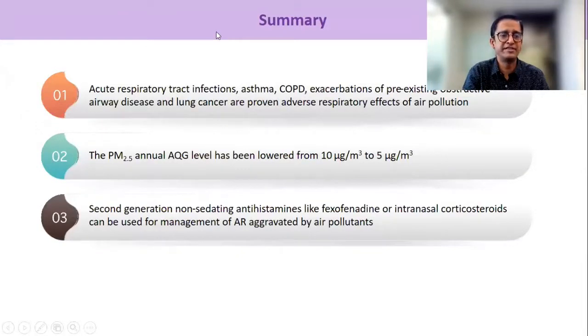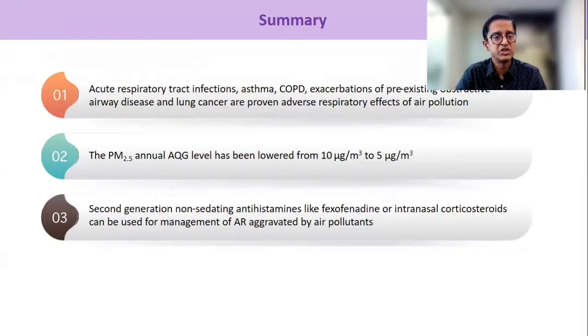So I'll finish off and say that respiratory tract infections, both upper and lower, are very important when air pollution levels remain high. And we are talking about exacerbations of asthma, COPD, and if allergic rhinitis is poorly controlled, the chances that you get an asthma attack are so much greater. In the long term, diseases like lung cancer are a huge risk.